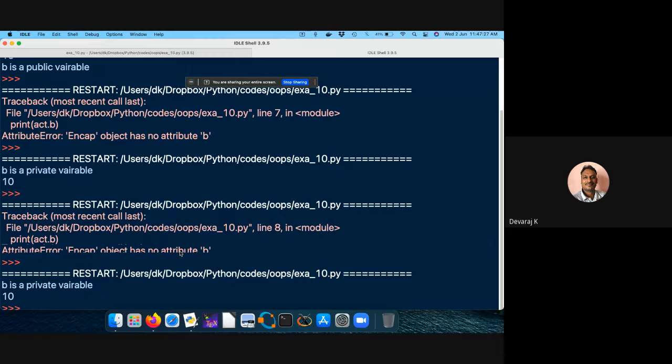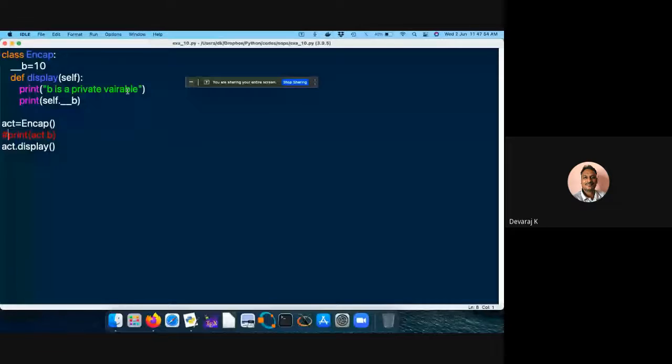Okay, so one more example. Let's look into one more example where I have a computer and I want to hide, maybe, the selling price of it, or some kind of max price. Those things should be visible at one particular point, and at a few points or conditions they are not visible.